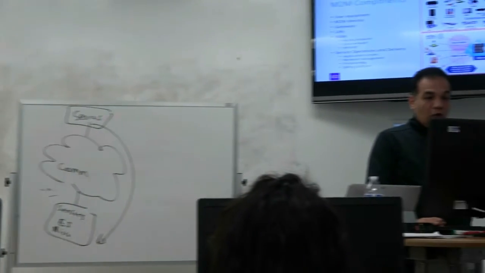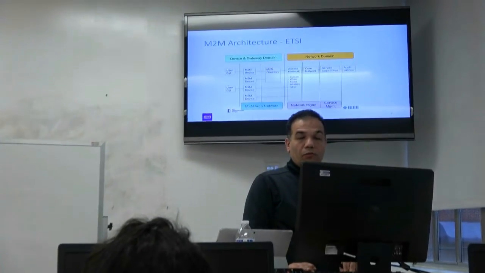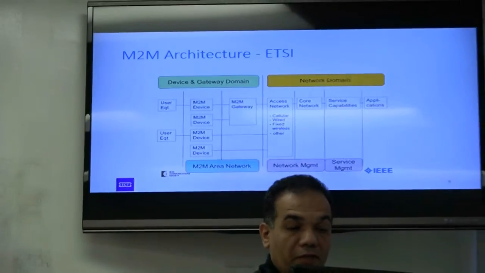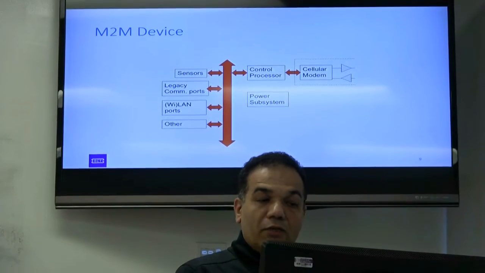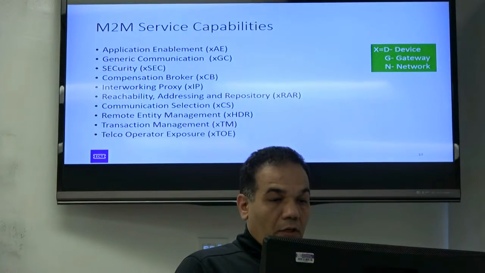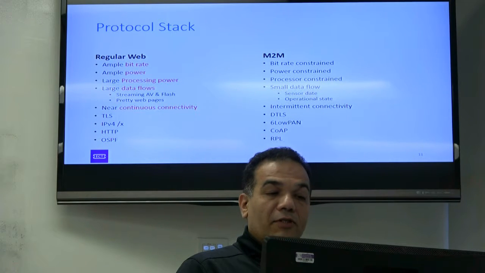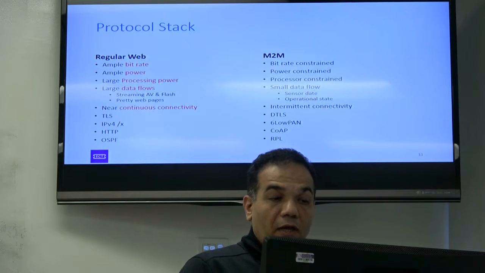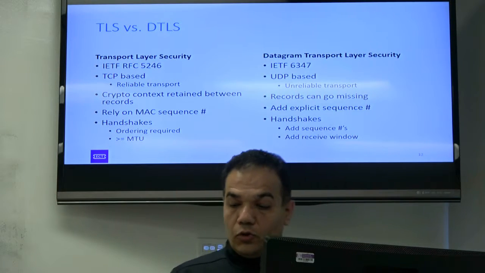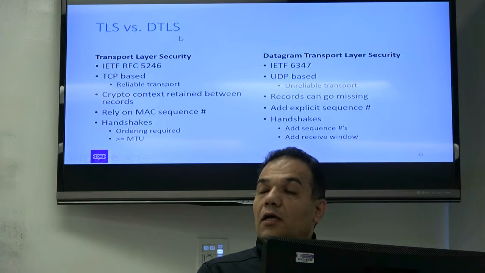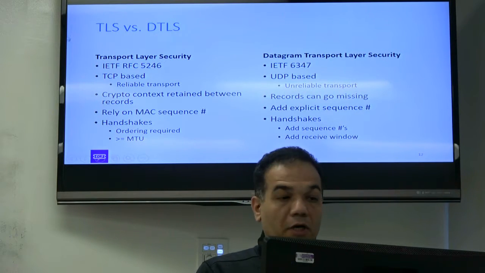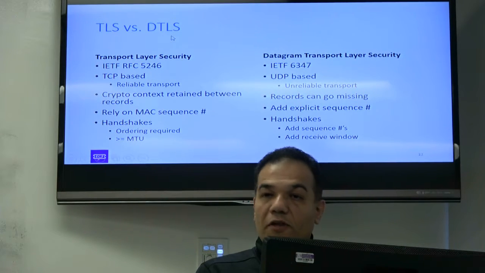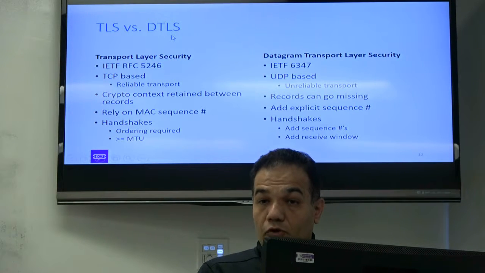So we spoke about the components, and we're going to talk about this structure, the architecture of M2M or Internet of Things design in much more detail as we go. We spoke this morning about some of the protocols, the protocol stack, and the differences. And by the way, why do we use, for example, DTLS in M2M? Because TLS is too complex, too heavy. So we have to come up with a solution that is a result of research work.